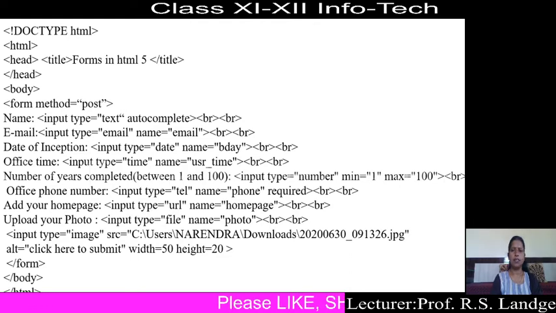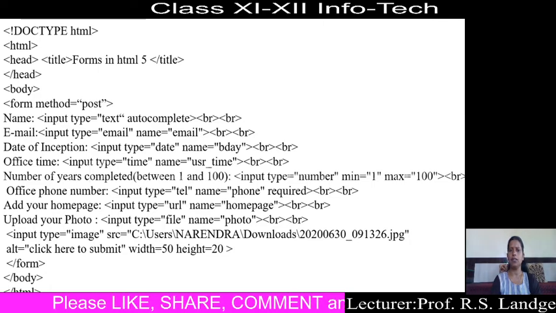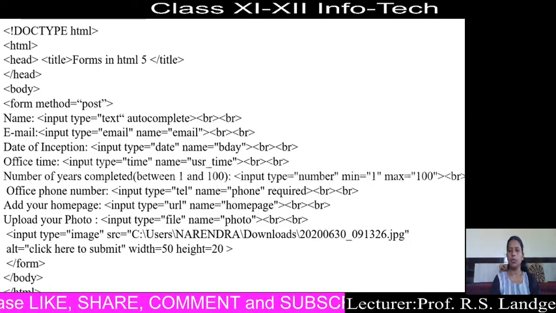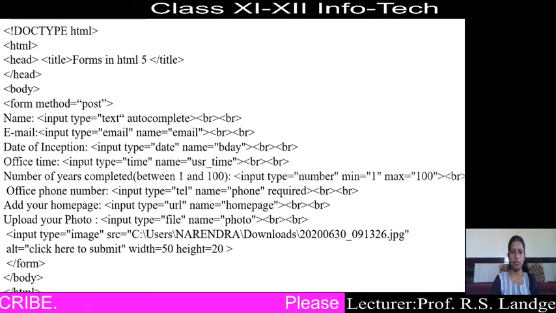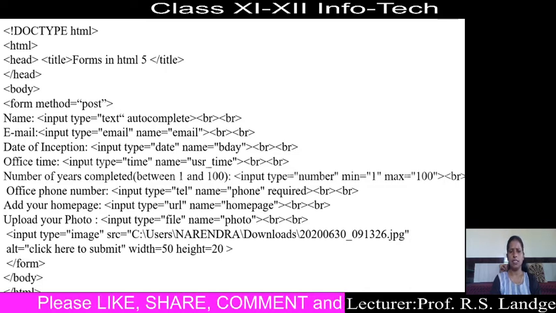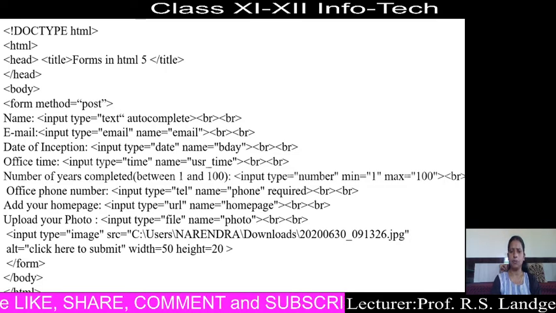Then the next input is number of years completed, between 1 and 100: input type equals number, minimum 1 and max equal to 100, because we have to accept the years completed between 1 and 100. Then office phone number, that is telephone number, input type equal to tel.